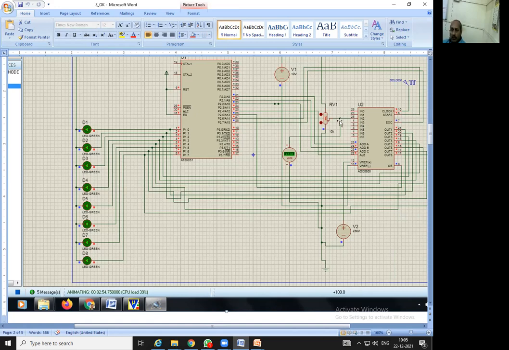So IN2, this particular pin, is used as an input to detect the analog voltage. For the sake of this application, we have used one variable resistor. In practice, we would use a temperature sensor, pressure sensor, or whatever analog transducer you want to convert a physical quantity into an electrical quantity that you can use here. But here we are going to use a variable resistor so that the input voltage is going to vary.